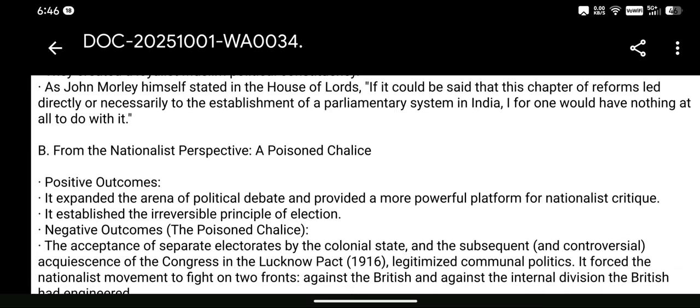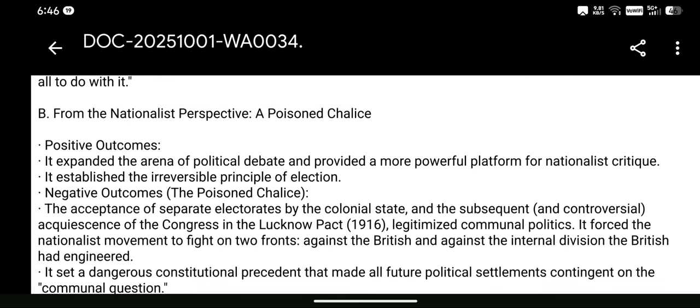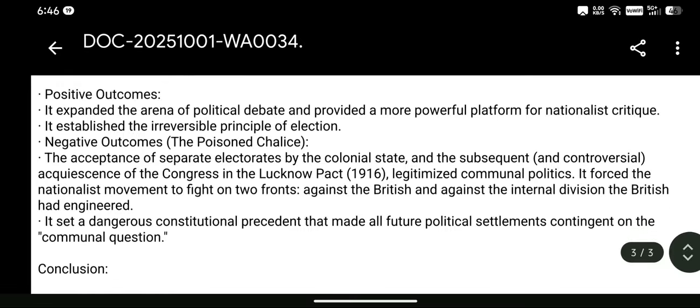From the nationalist perspective, a poisoned chalice. Positive outcomes. It expanded the arena of political debate and provided a more powerful platform for nationalist critique. It established the irreversible principle of election. Negative outcomes, the poisoned chalice: the acceptance of separate electorates by the colonial state